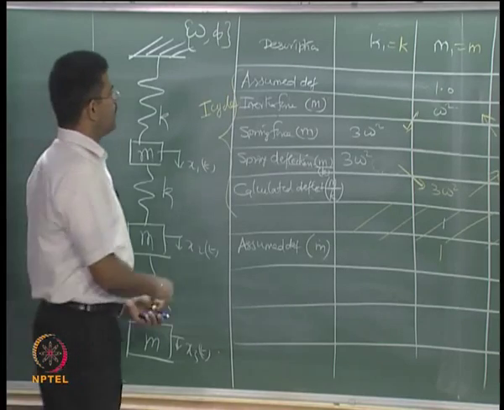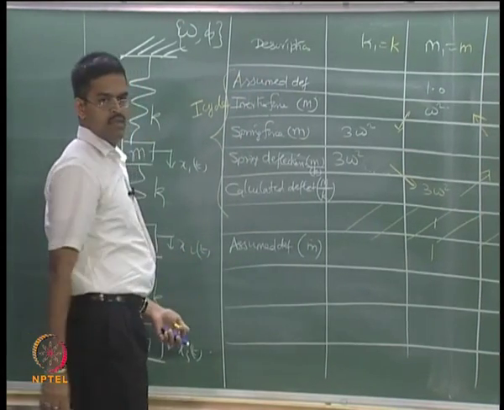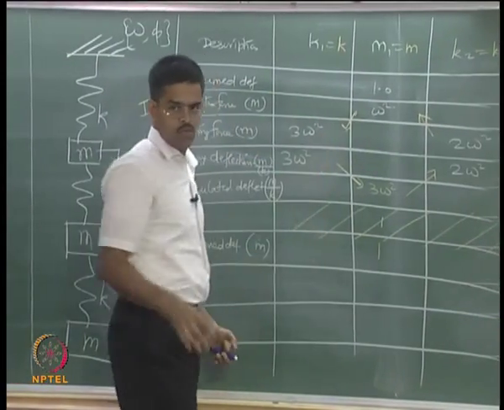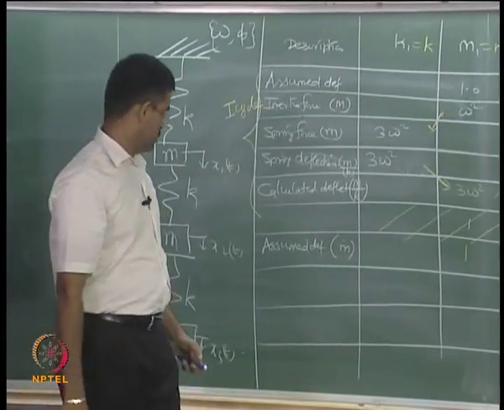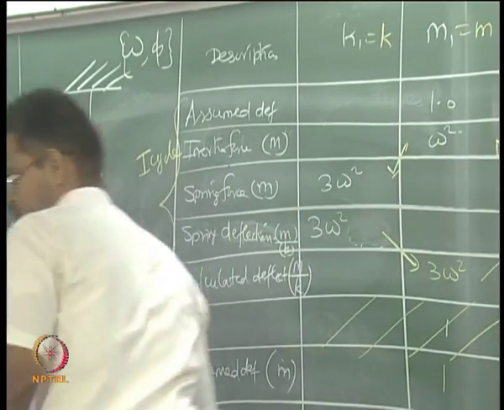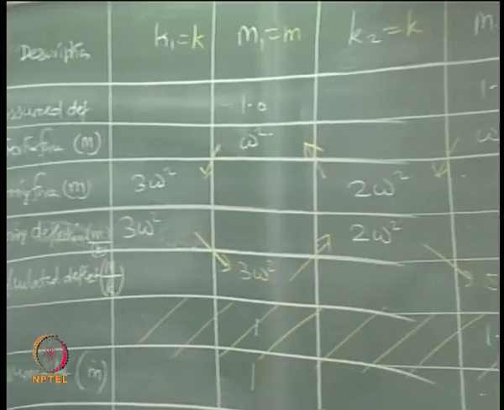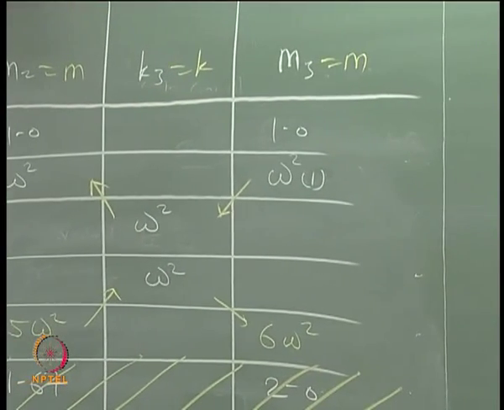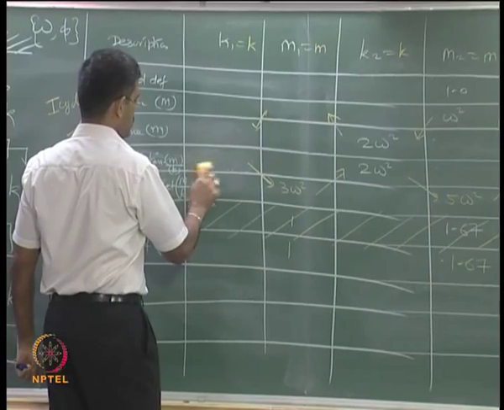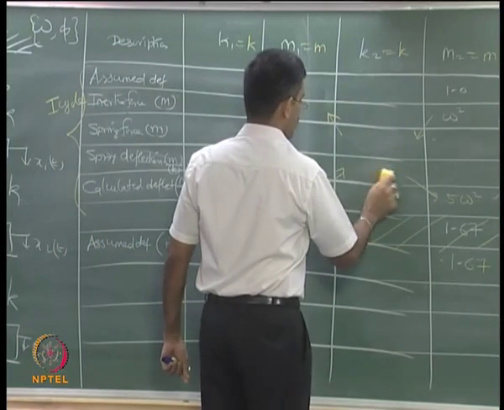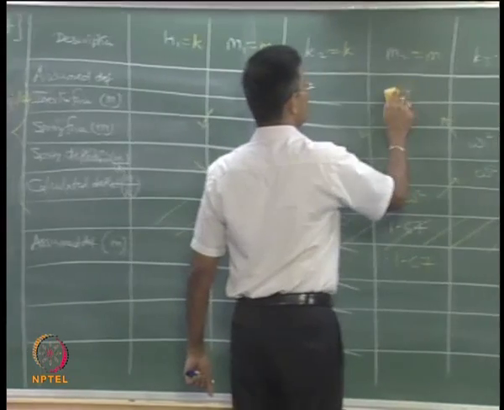So let us repeat the same steps again. I do not have space below, so I am going to rub this out and rewrite it on the top, but you will not do that. Okay. I am removing all the values. I will once again do it for you, how this is done, so it becomes easy for you. You follow this for one more cycle, then it will be easy.